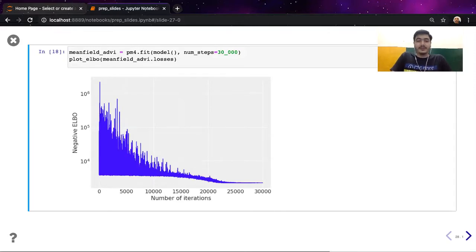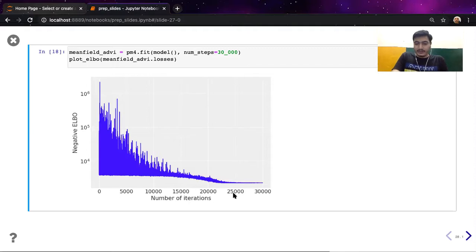We just need to define a model and call the fit function, passing in the model and the number of steps. We can also tweak the sample size, and whether we want to use parameter tracking, progress bars, convergence checks or so. As I said earlier, one good diagnostic check is whether the loss traced out from each iteration has reduced to a certain level or so.